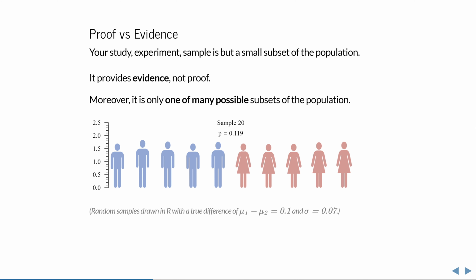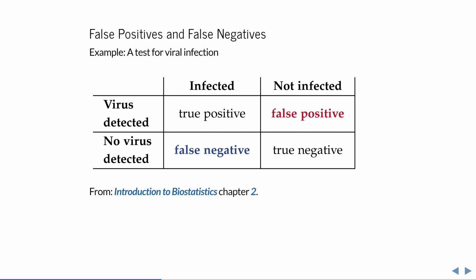The groups in your sample may differ on average, while the groups in your population of interest do not. The opposite can of course also occur. In your sample, there may not be a significant difference, but that doesn't guarantee that there is no difference in the population. In statistics, we call these phenomena false positives and false negatives. If there is no effect in the population, but a test performed on your sample is significant anyway, that is called a false positive. If there is a difference in the population, but a test performed on your sample was unable to pick it up as significant, then that is called a false negative.